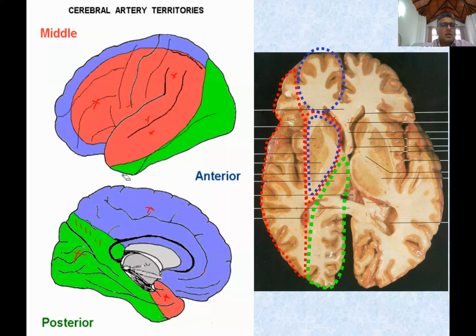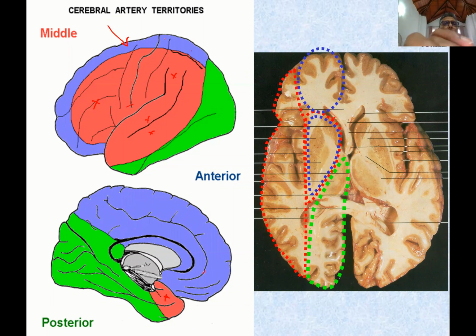So the visual cortex, the calcarine sulcus, this is the calcarine sulcus, on either side of it you get the visual area. So that area is totally supplied by the posterior cerebral artery. So if you obstruct the posterior cerebral artery, obviously the opposite visual field will get affected. On the other hand, if you block the anterior cerebral artery or the middle cerebral artery, you will get effects mainly on the internal capsule and basal ganglia of that area, other than its supply to this surface,